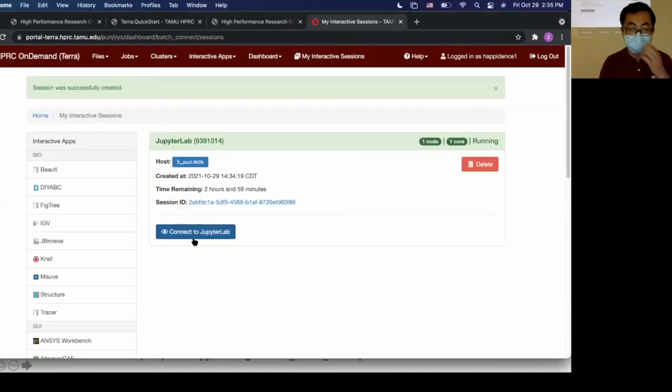Okay, now the blue button is showing up. It says Connect to JupyterLab, and you can also see on this session you have a host. Your job will be landing on this compute node. You also have a creation time, which tells you when this job was created, and the time remaining.